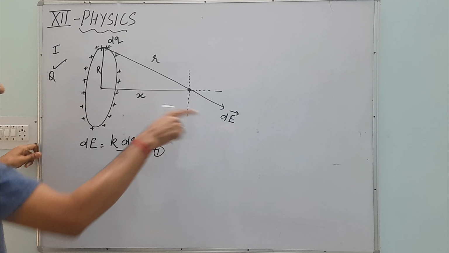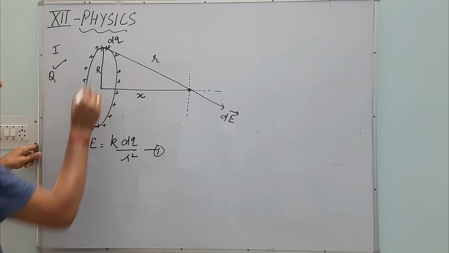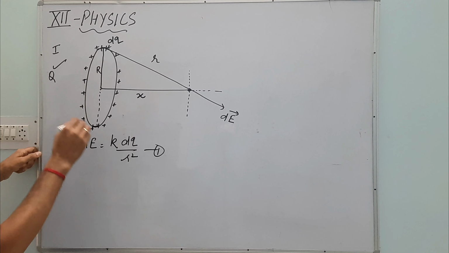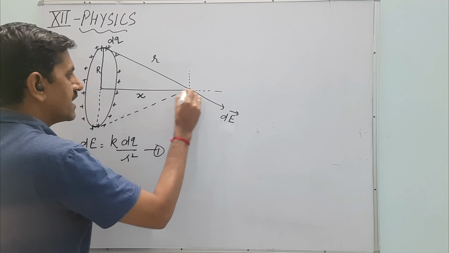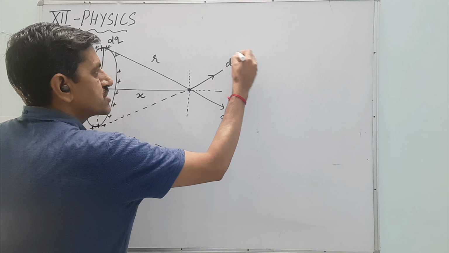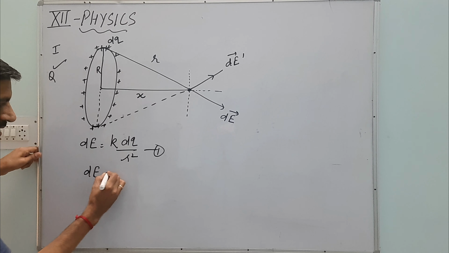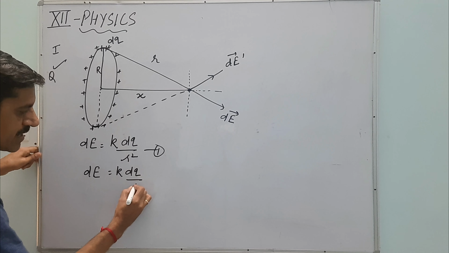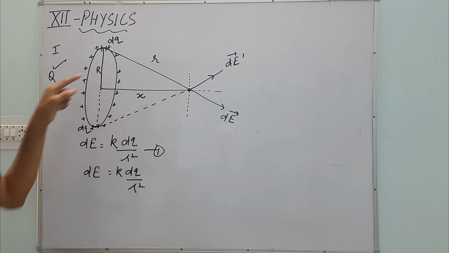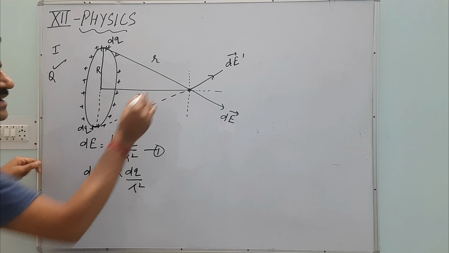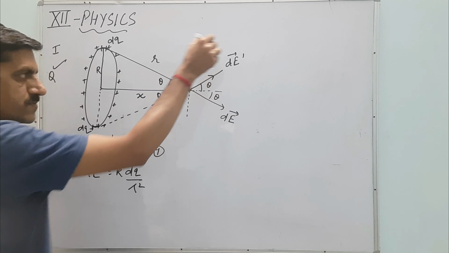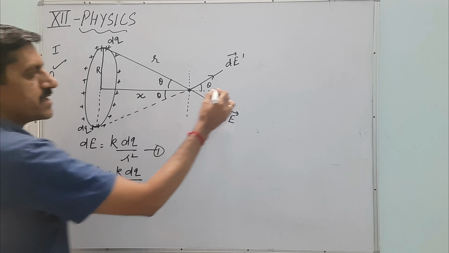Now as it is away, take another element diametrically opposite. The charge is similar but the position is diametrically opposite, so we'll again find electric field due to this element, and this would be dE dash. Value would be similar, only the direction is different. हमने दो एलिमेंट लिए, एक dq यहाँ पे लिया, एक यहाँ पे लिया, दोनों की पोजीशन डायमेट्रिकली अपोजिट, दोनों की वजह से फील्ड यहाँ पे निकाली. लेट दिस एंगल इज थीटा, देन वर्टिकली अपोजिट इन दोनों फील्ड को रिजोल्व करें.